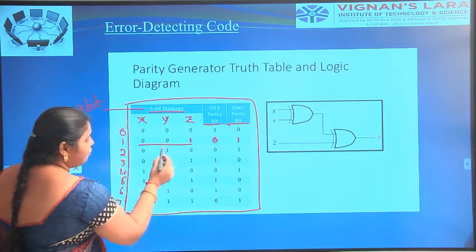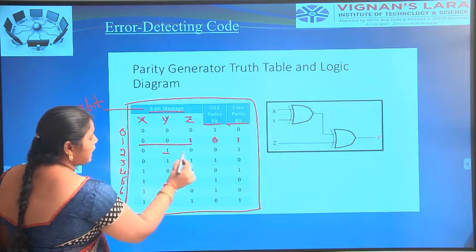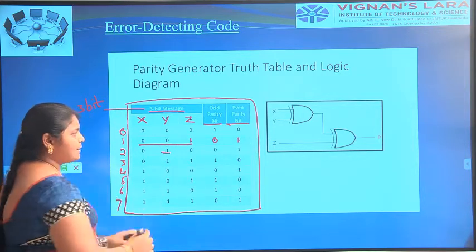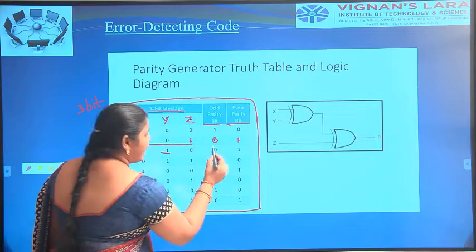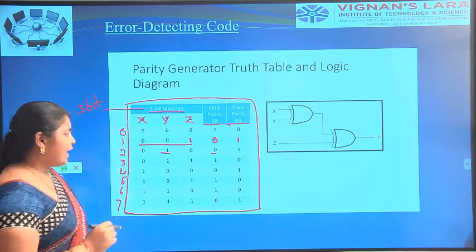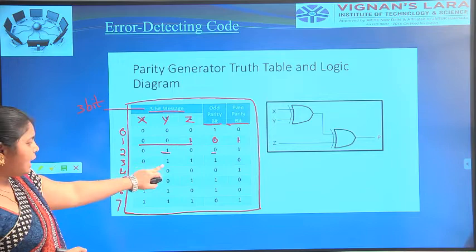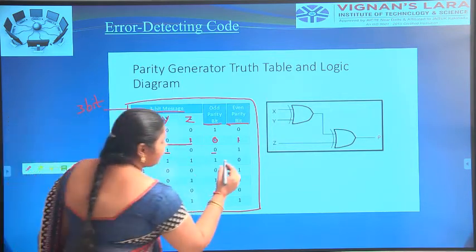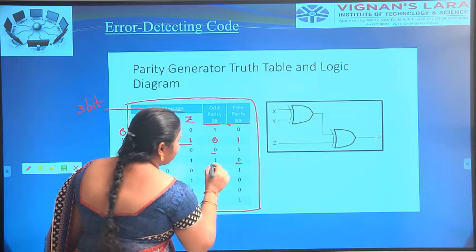Next, 010: the count of ones is 1, which is odd, that's why in the odd parity bit we placed 0 and the even parity bit is 1. Next, 011: both ones make an even count, that's why the even parity bit will be 0 and the odd parity bit is 1.